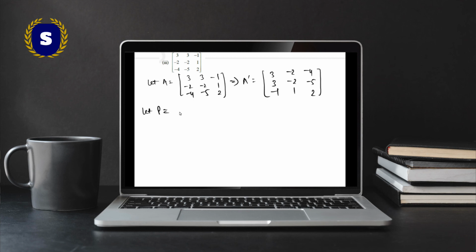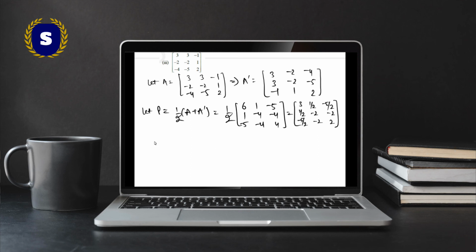Let matrix P is equal to half of A plus A transpose, which is equal to half of, again I am solving it directly, 6, 1, minus 5, 1, minus 4, minus 4, minus 5, minus 4, and 4, right, which comes out to be 3, 1 by 2, minus 5 by 2, 1 by 2, minus 2, minus 2, minus 5 by 2, minus 2, 2,